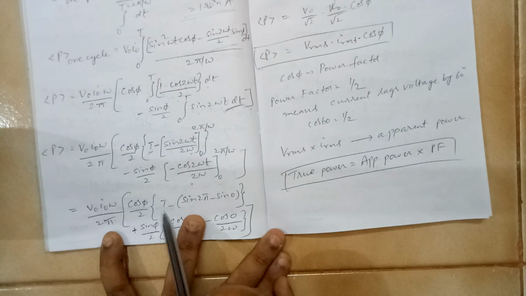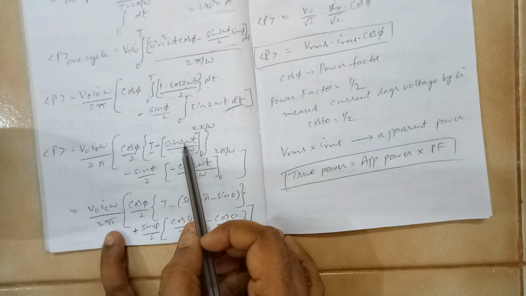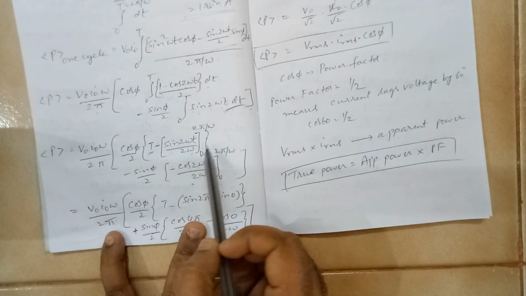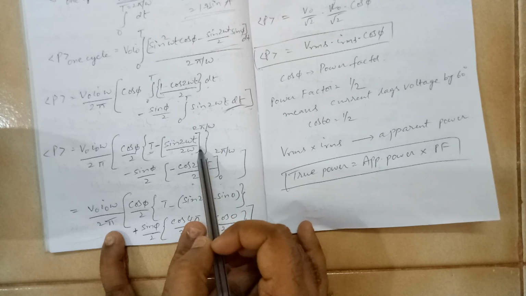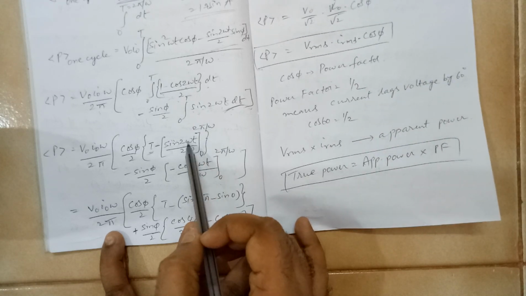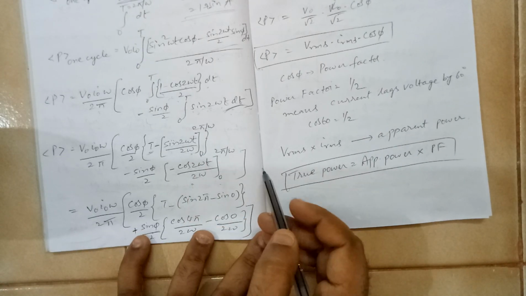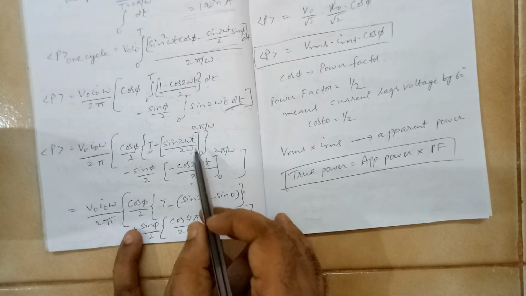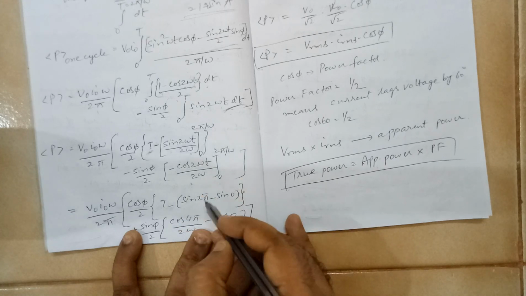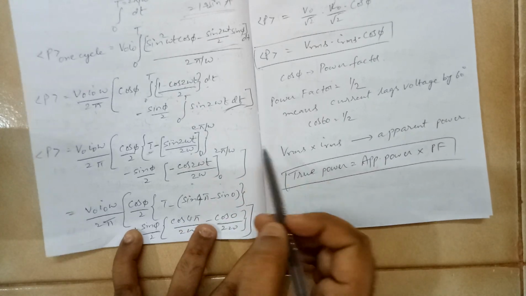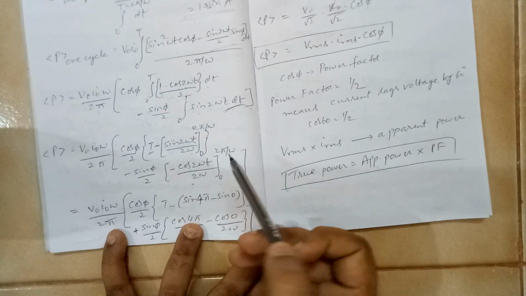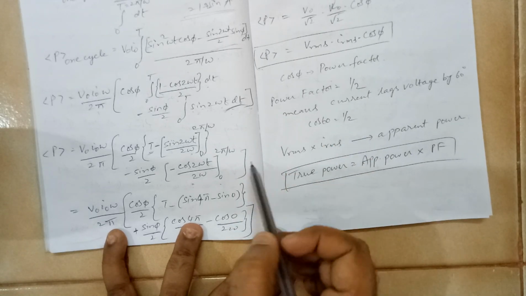Now let us put the upper boundary here in the first term. It is 2 omega into 2 pi by omega. Omega cancels. What is left is 4 pi. So it is sin of 4 pi. Now it is not here, there is another 2 here. It becomes sin of 4 pi. It doesn't make a difference because sin 2 pi and sin 4 pi both are zeros only.